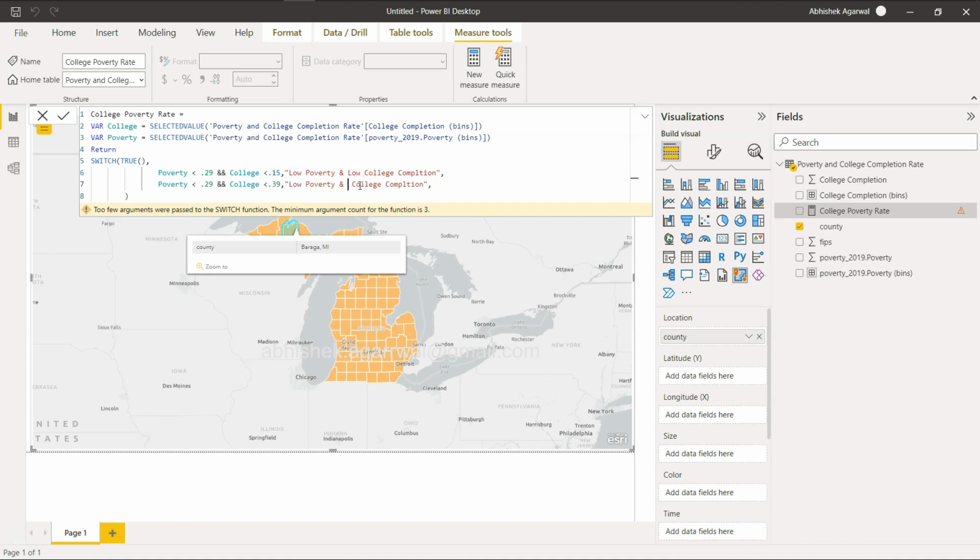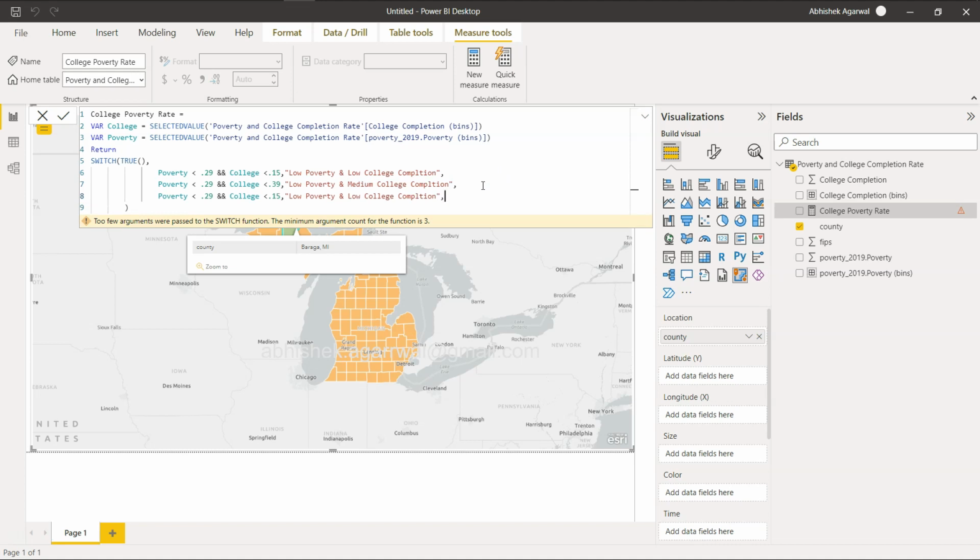Medium, wrong spelling, and then alt enter, paste it again. If I remember, 0.559. Okay, so now when you have this high